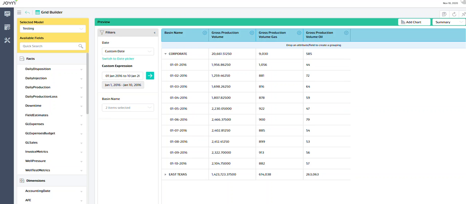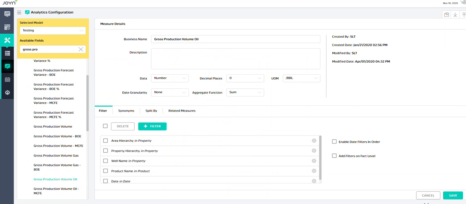With 1.12.13.4, the aggregate function is available at the grid level. So earlier, this aggregate function was only available in the analytics config,